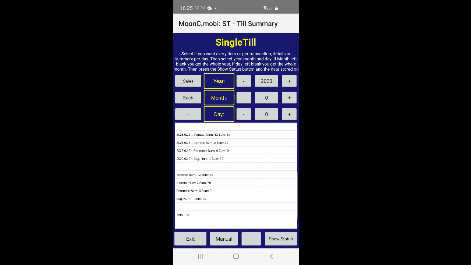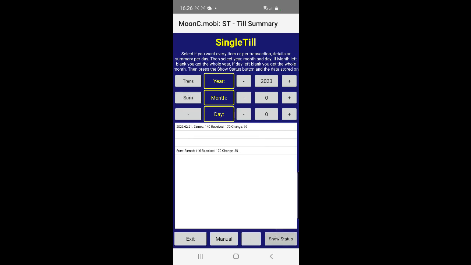You can also do each, and then you will see each of the sales with some more details and a summary below. You can also do per transaction. Let's do each first. And there you see the transactions, each of the 2 transactions today.